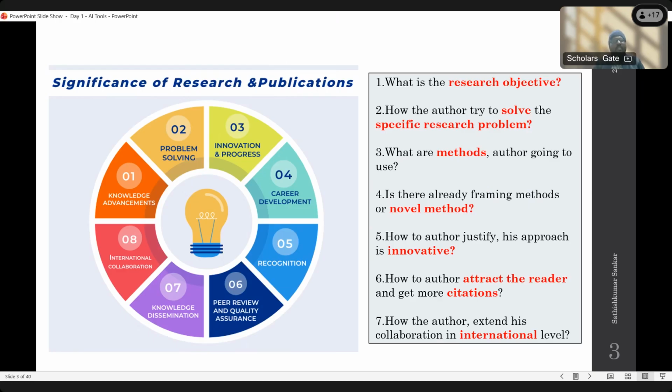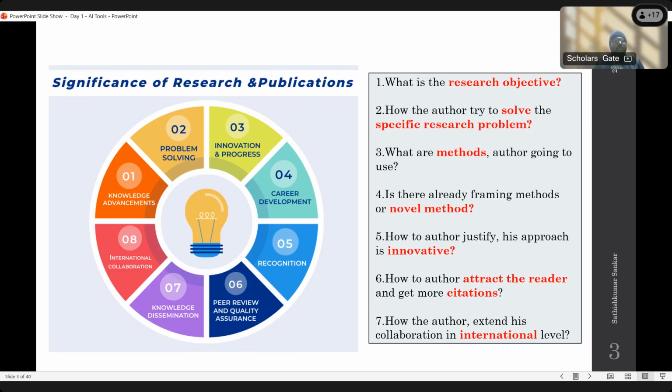Research gap is nothing but what has already been done and what is remaining or unclear. If we adopt that particular area, we can give a clear view of that particular problem and a clear view of the solution for it. So that is called problem solving.